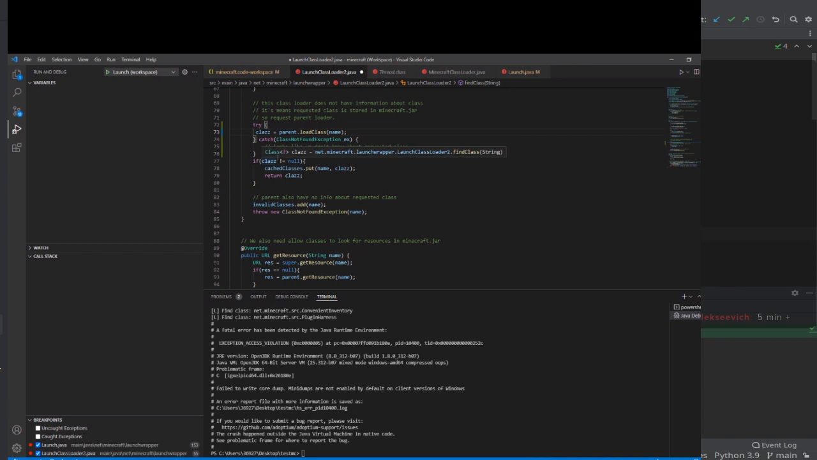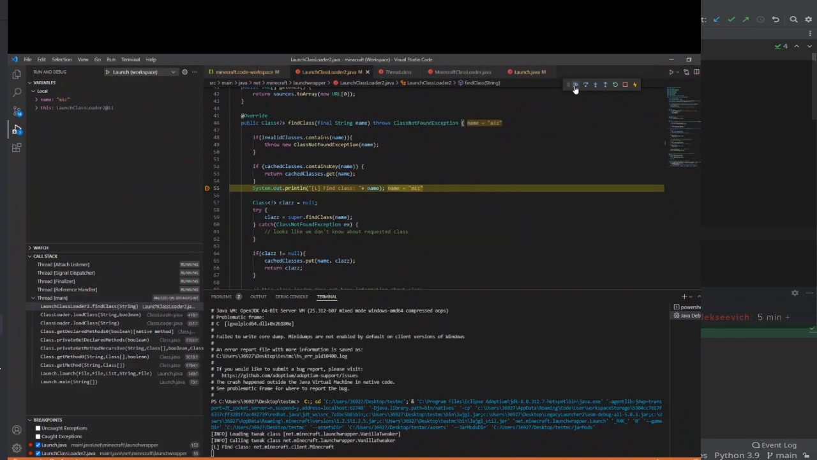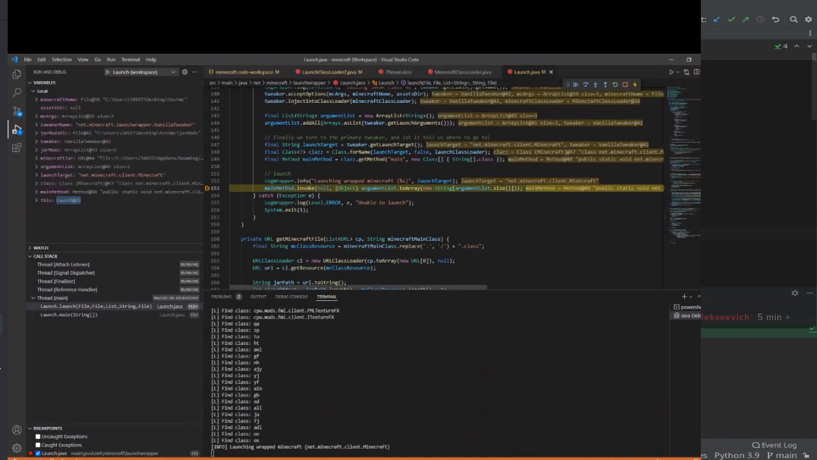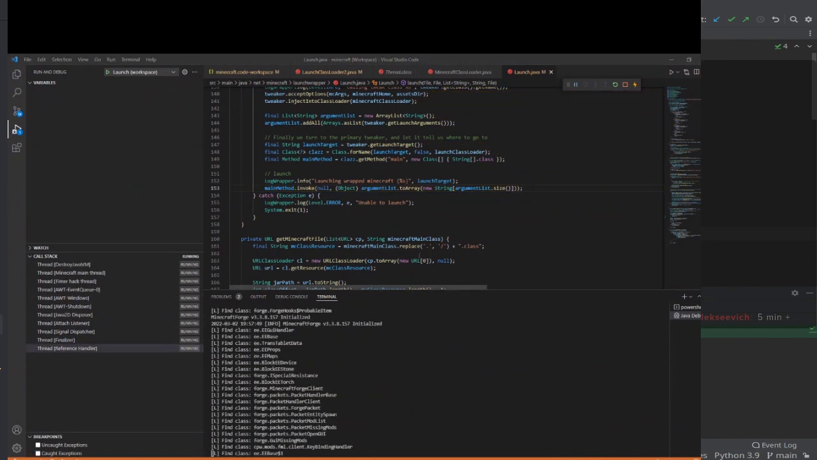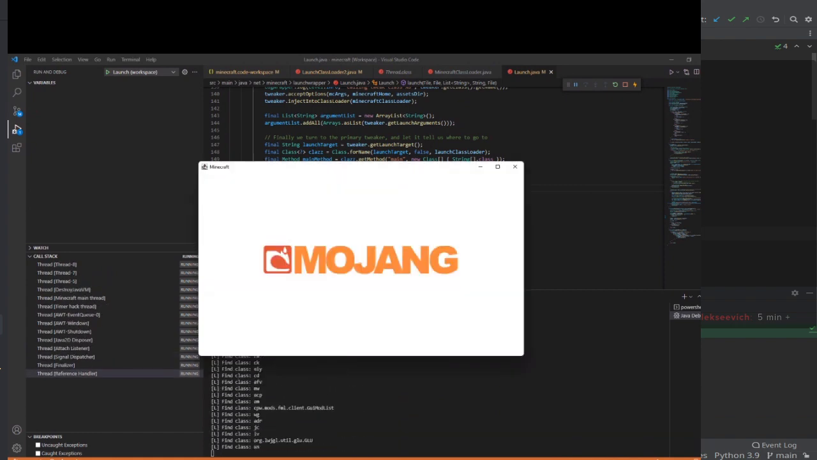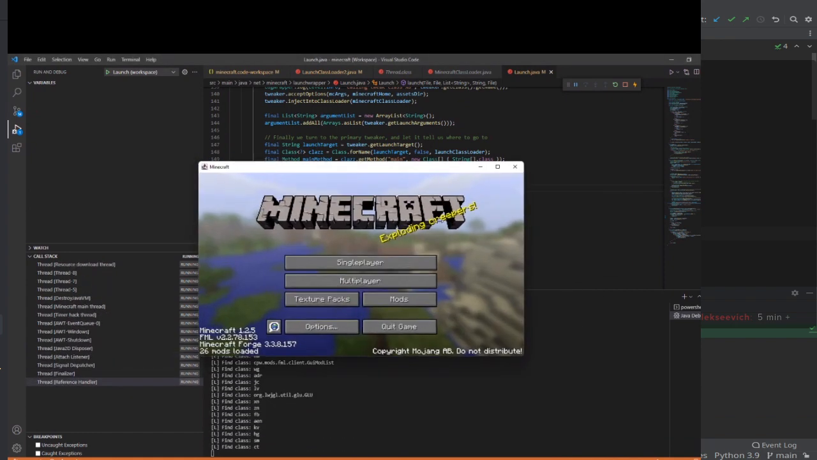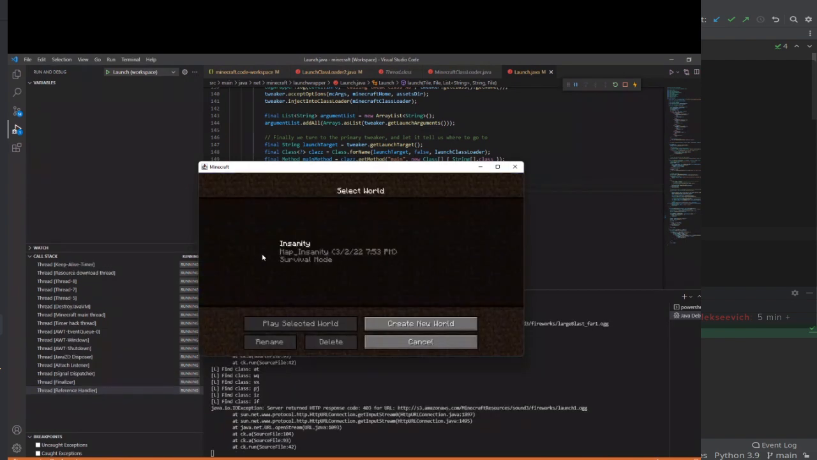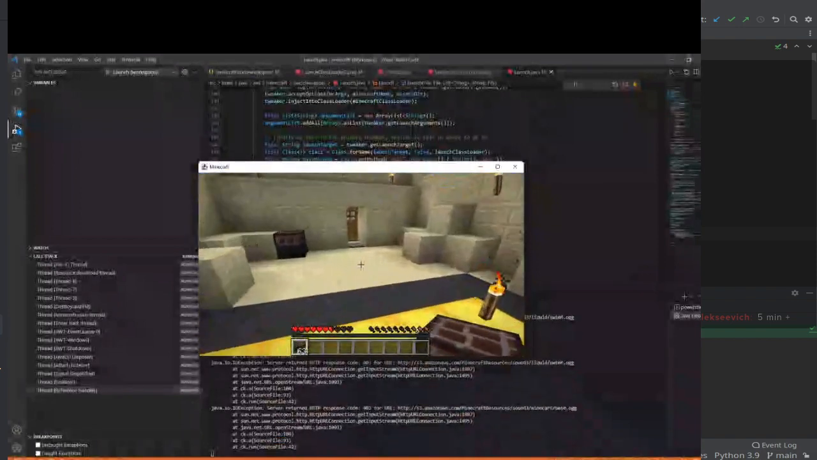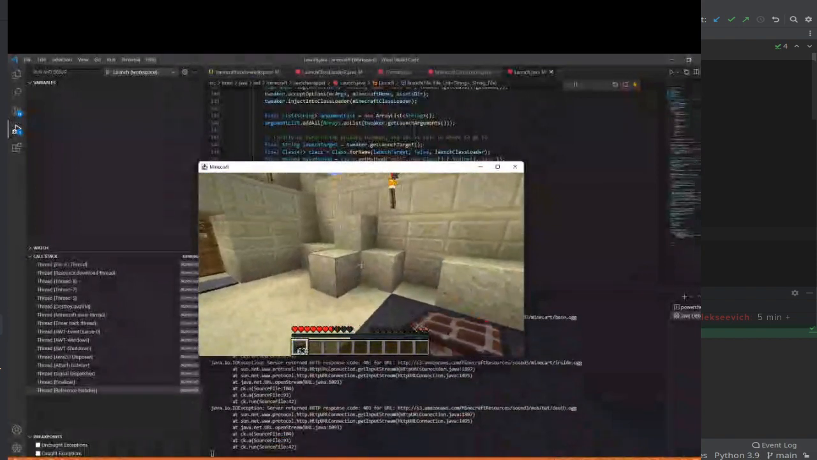So now we will... if a class is invalid, it will be invalid forever, without any exceptions. So yes, as you can see,